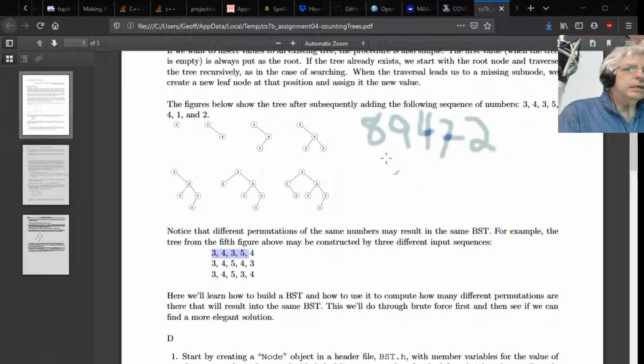But we also had 8, 4, 9, 7, 2, and 8. It's got to be 8 first, so you don't have any choices there. Then 4, 7, 9, 2,